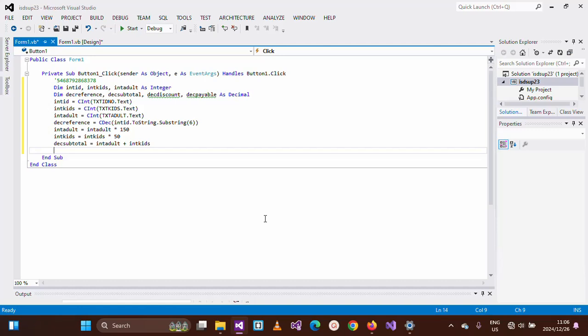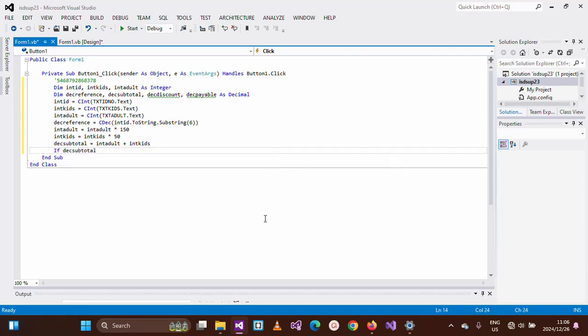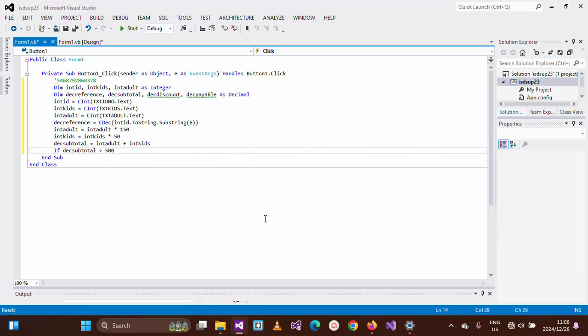We're going to use if. If the subtotal is greater than 500, then